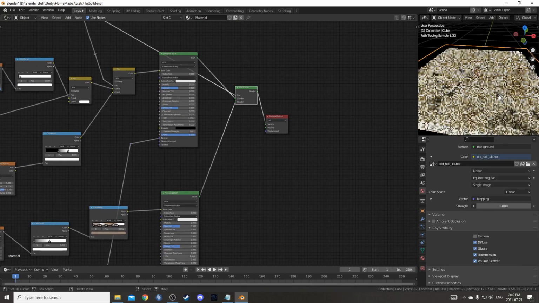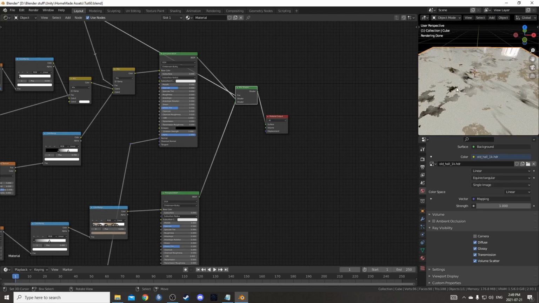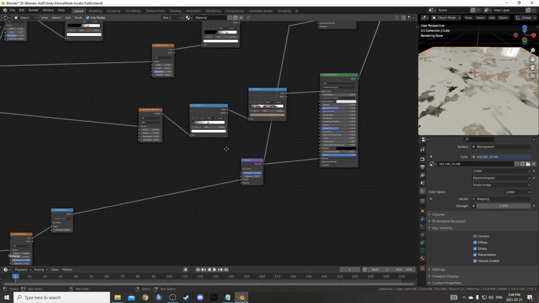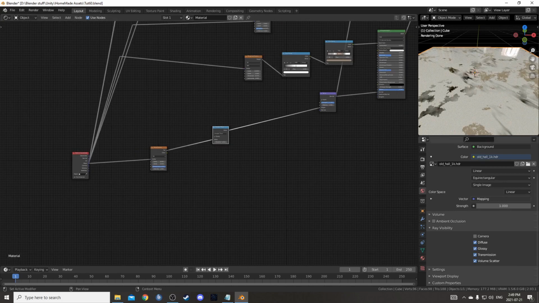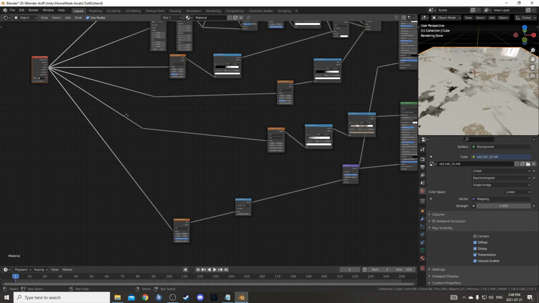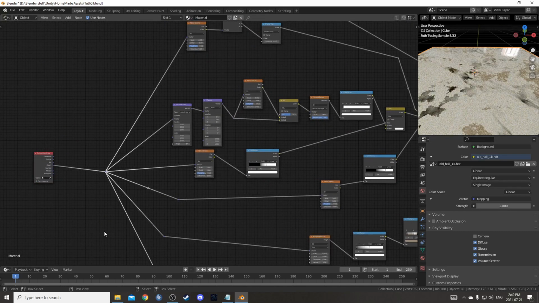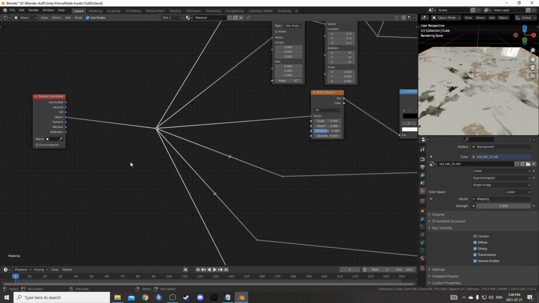Let's see what that looks like. So there's quite a bit of divots there. Just to turn that down, we can come over here and change this to something like 0.31, maybe. To set up a universal scale for everything, let's hold down Shift and right-click and drag through that node setup,